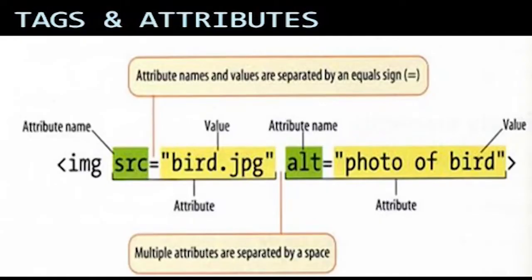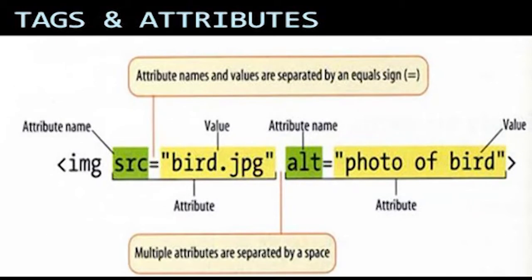Then what is meant by differences? See, if you observe here, img is the tag. So attribute name is src. Src means source, where is the location of the image. Then is equal to, already told you, it should be enclosed with double quotation marks. So value means it's a name or value. So I am writing which type of image. It is a bird image. So .jpg is an image type.